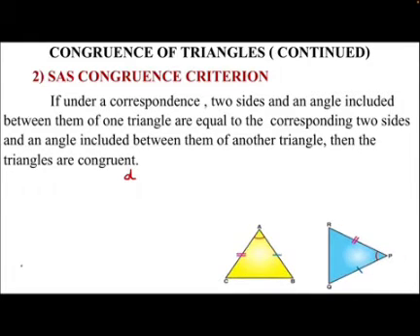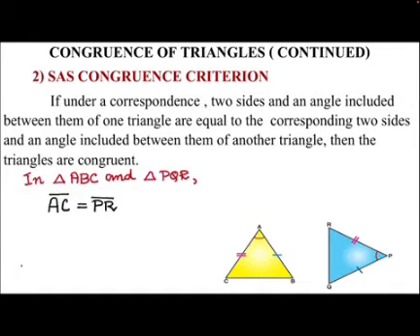Now let's see what this is. Now look at this figure. In this figure, you can see you have triangle. I'm going to first match it. A corresponds to P. Agreed, children? Just look at the strokes there and you can match very, very easily. B corresponds to Q. C corresponds to R. So let us see how to match them. So in triangle ABC and triangle PQR go in the same order.